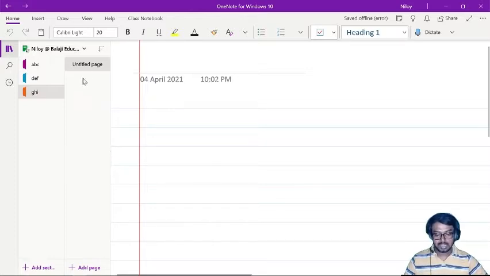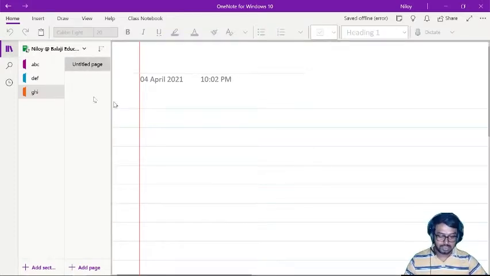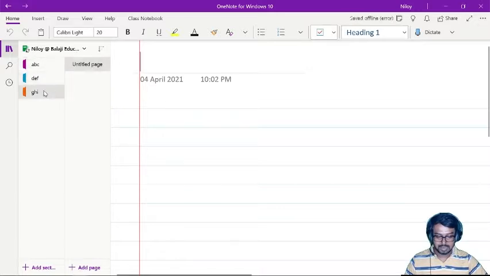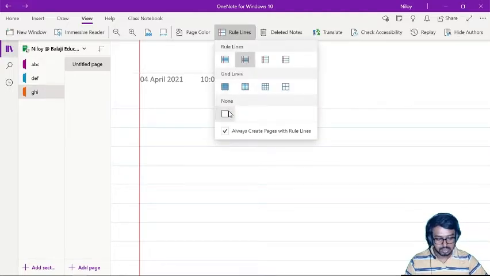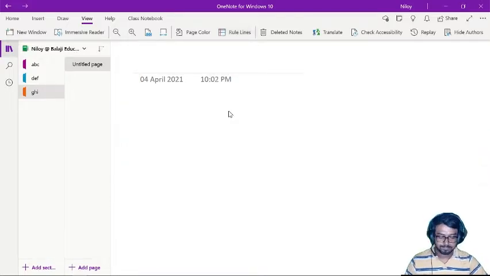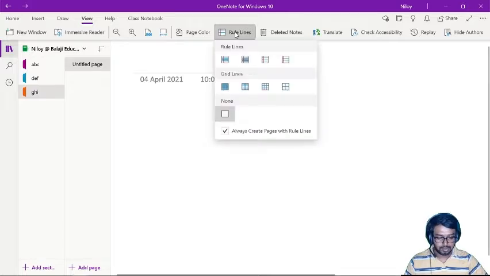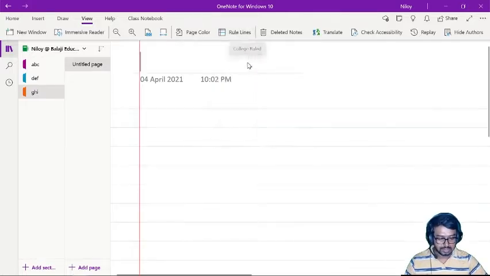So here I have a title page each and every time. By default, they have rule lines. If you don't want rule lines, you just click there and go for none. I prefer rule lines, so I just click it.